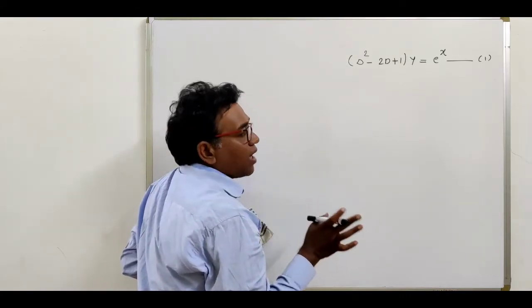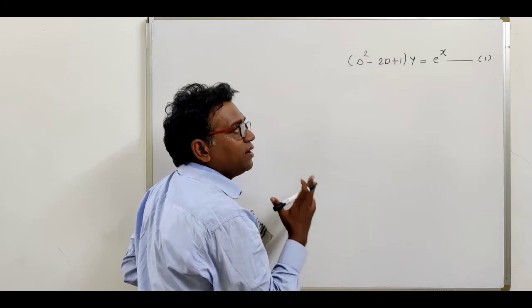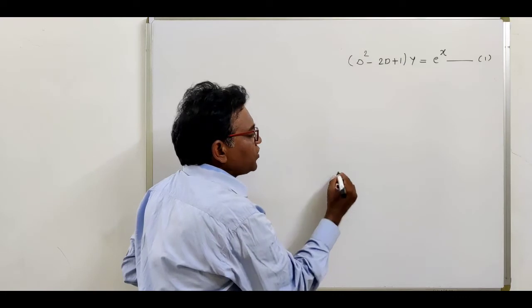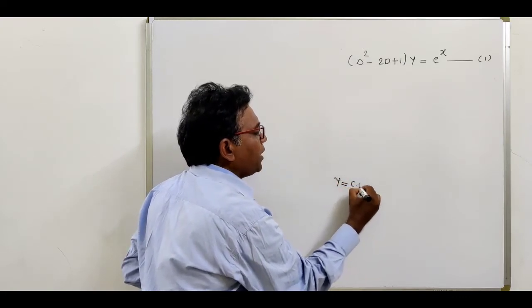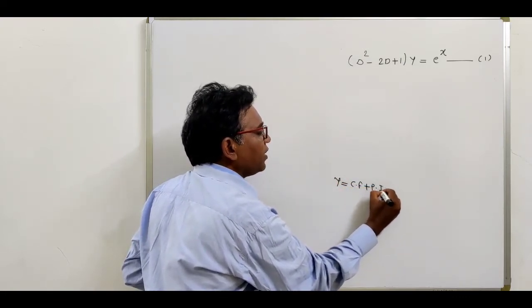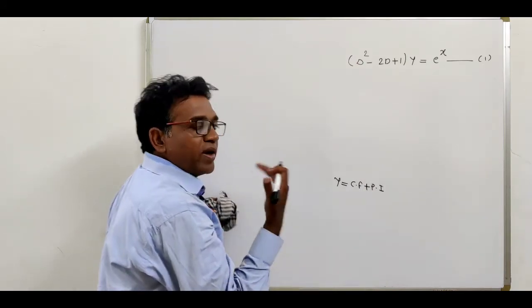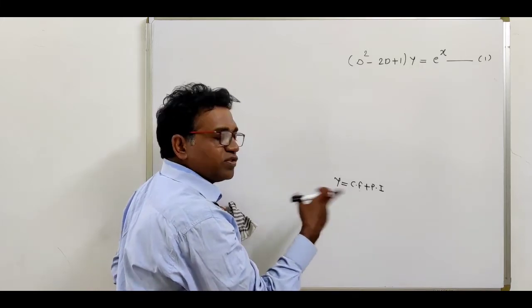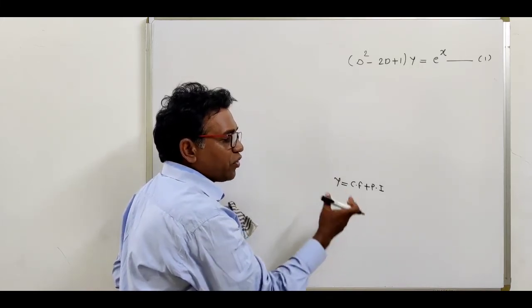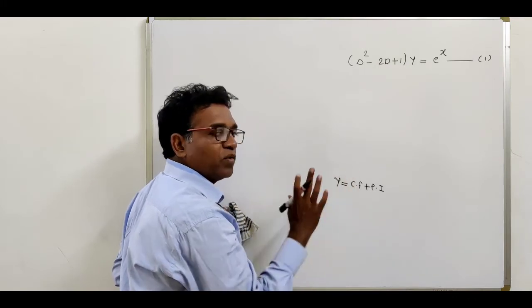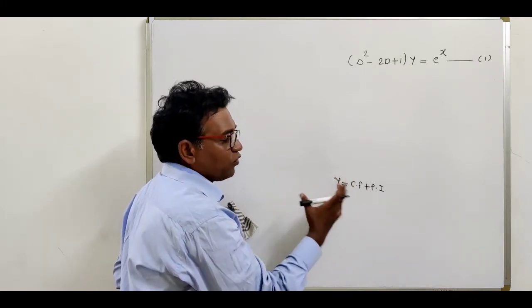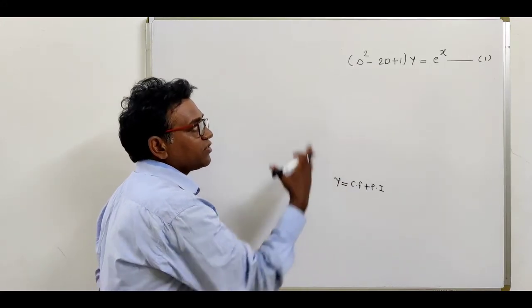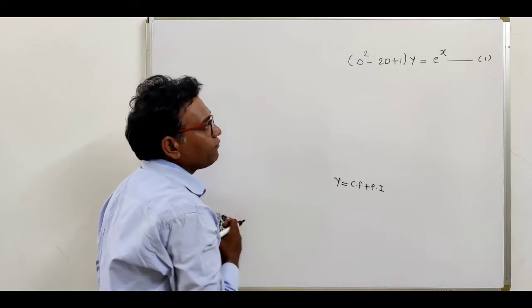Now the next question is how to find out the solution of the linear differential equation with constant coefficient. Its solution is given by the formula complementary function plus particular integral. If we are given the linear differential equation with constant coefficient, then its general solution is given by the formula addition of complementary function plus particular integral. So first of all, we have to find out the complementary function. So how to find out the complementary function? Just take its auxiliary equation and find out the root.